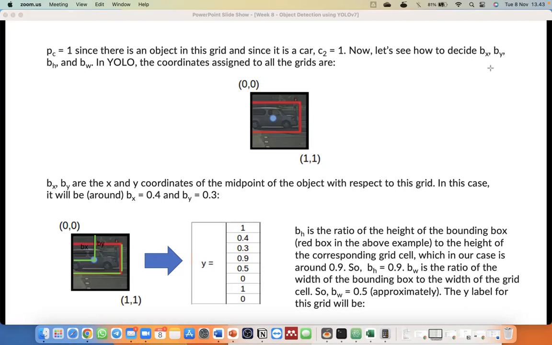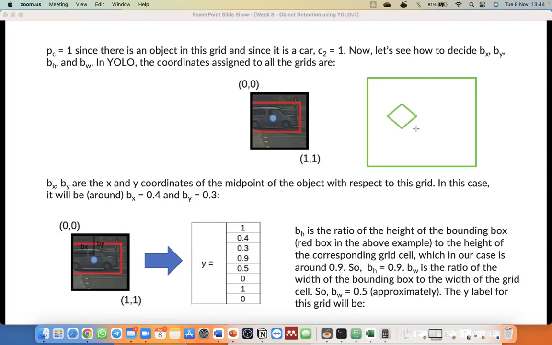Okay, I think I will give you a better explanation. So wait. If I have a grid like this, then we have the object. Let's say we have an object in this position. This is the object that we want to detect.